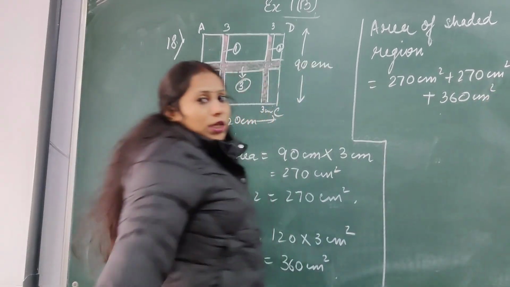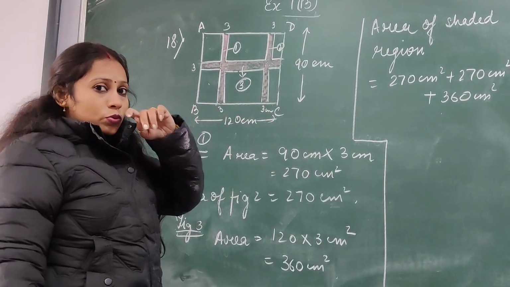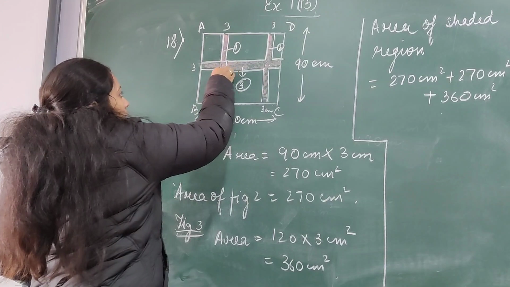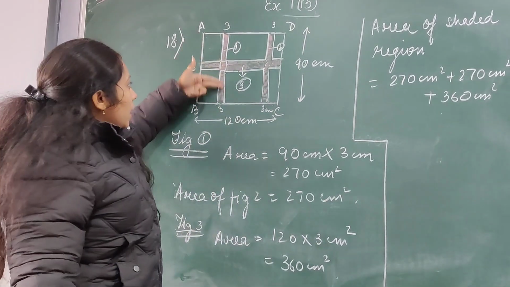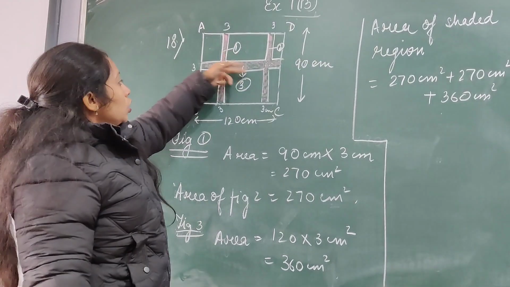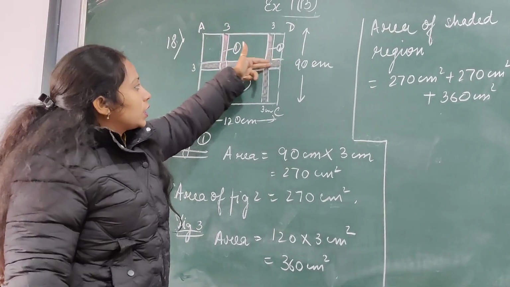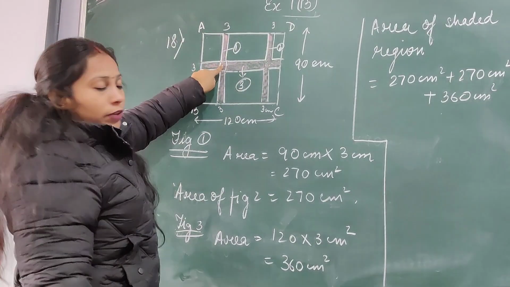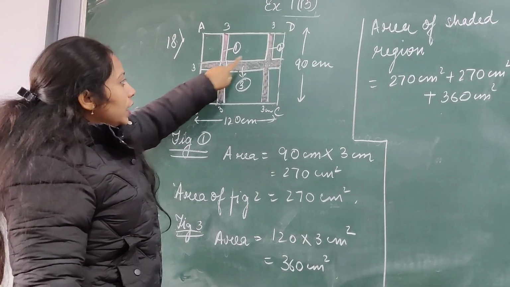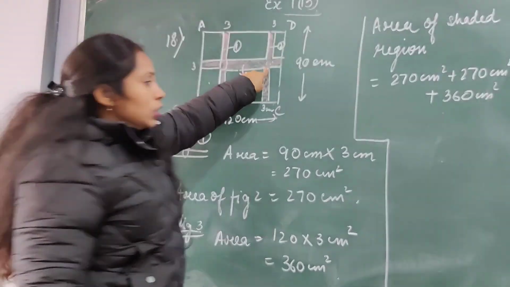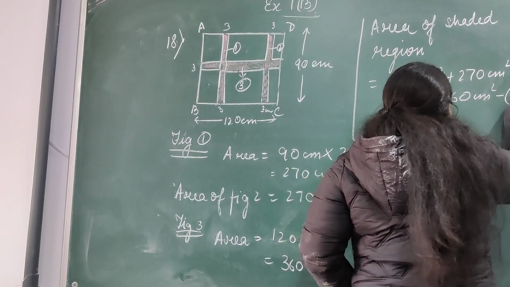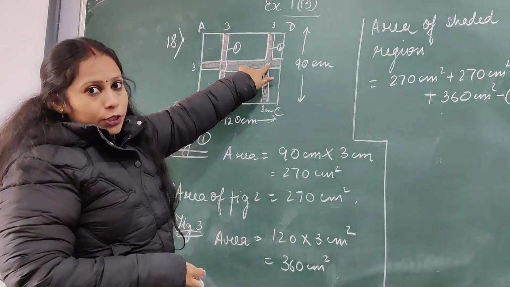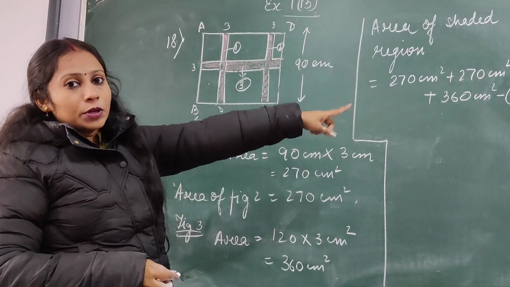But there is one more thing. As we have solved the previous questions, in those questions also we saw that this particular area is coming 2 times, because this area and this area are overlapping each other. So this particular area is coming 2 times and this particular area is also coming 2 times. So once we will subtract, the area of this figure will be 3 into 3 and this area will also be 3 into 3. So we will subtract 9 plus 9. The area of this part will be 9, the area of this part will be 9, 3 into 3 and 3 into 3. So we will subtract 18.